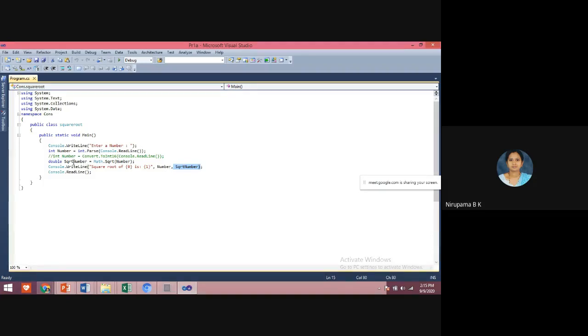So here, no need to write any logic in C#. In C program, you have to write a logic. Here, we have a built-in function, that is Math.Sqrt.